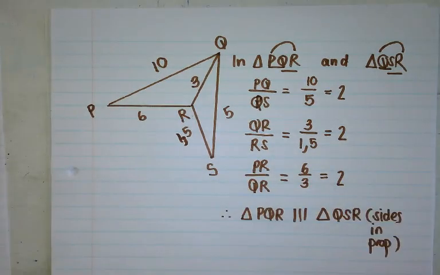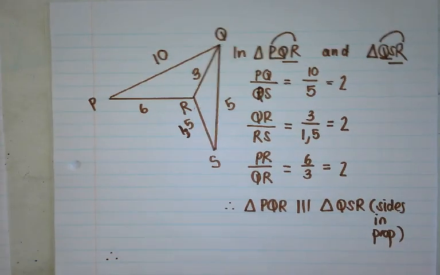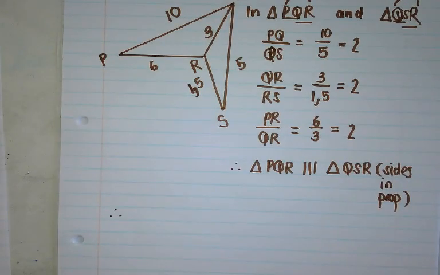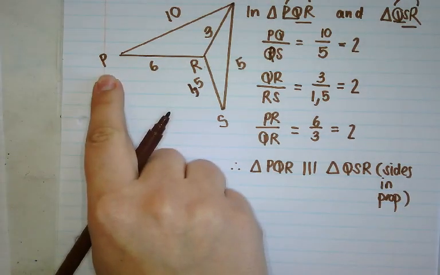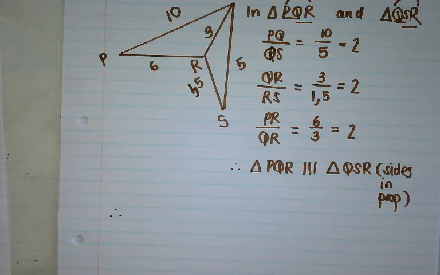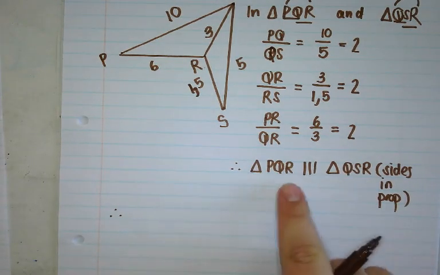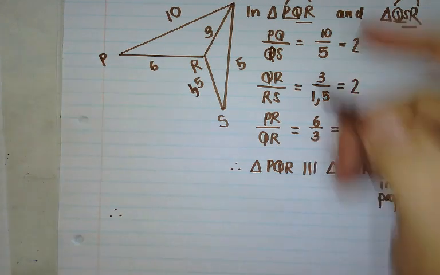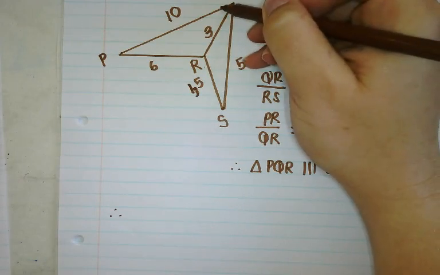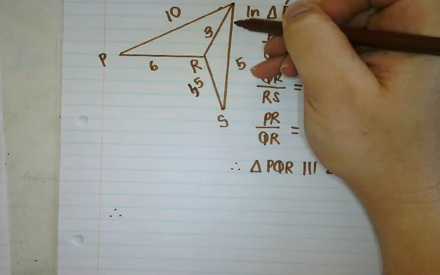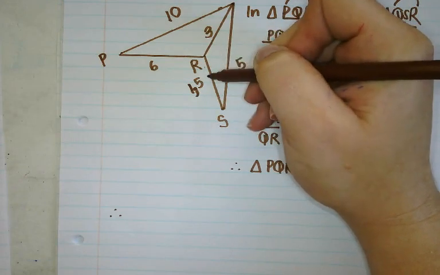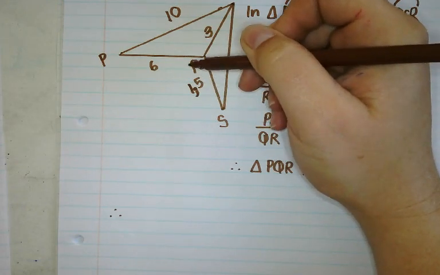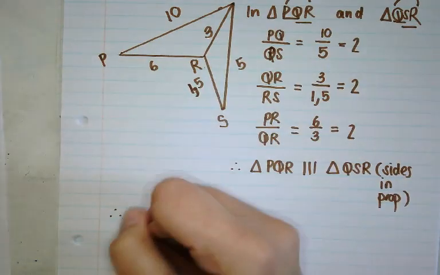So since we know it is similar, which angles correspond now and are equal? P and P here. What about this triangle? So if it's first, second, last, and last. But I can't use only one letter, because in some cases, if I say Q, then I'm actually referring to the whole angle. And if I say R, I'm actually referring to the whole angle. So I'm going to have to use 3 letters. So QPR